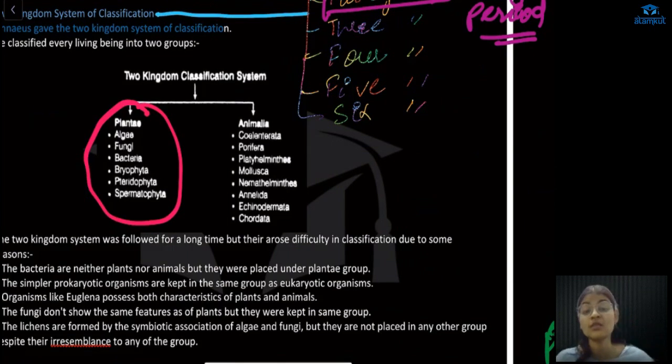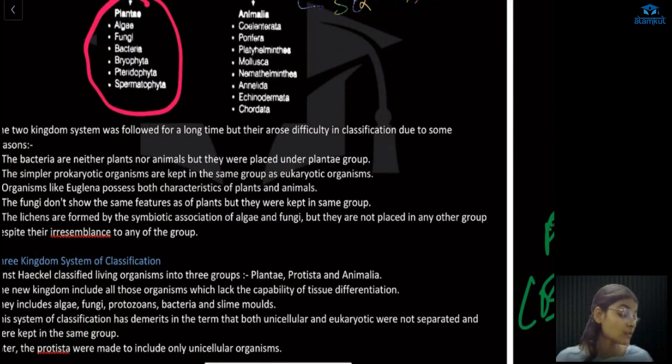But exceptions have been seen most in these two groups, because there are certain groups which act as both plant and animal. Like if we talk about Euglena, it cannot make its own food, and it is being placed in the Plantae group. Okay, same as there are many eukaryotic organisms, and they were placed along with the Plantae when we know that Plantae is multicellular. So there were many flaws.